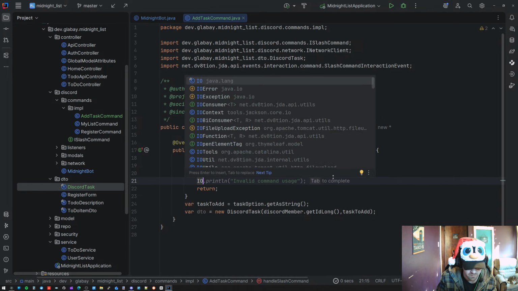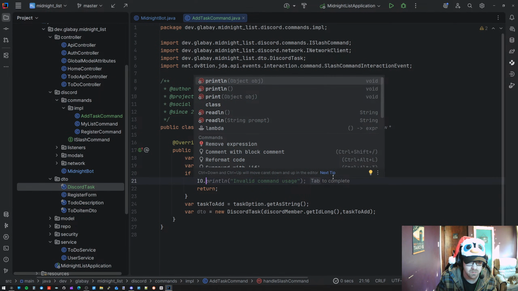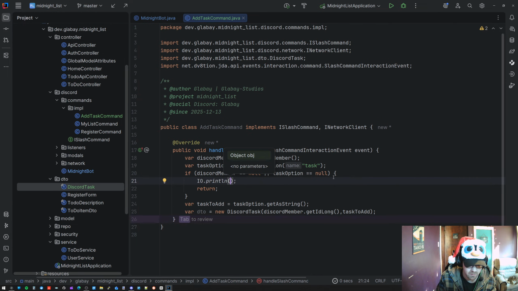So in here, I'm just gonna come out, and normally you would want to use some sort of an actual logging framework for this, but for our simple